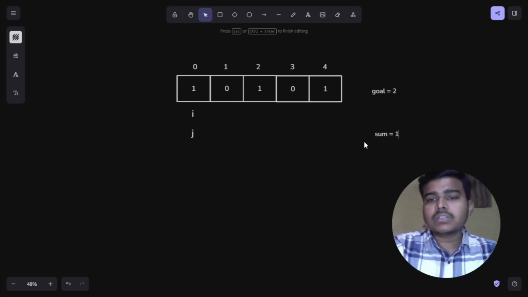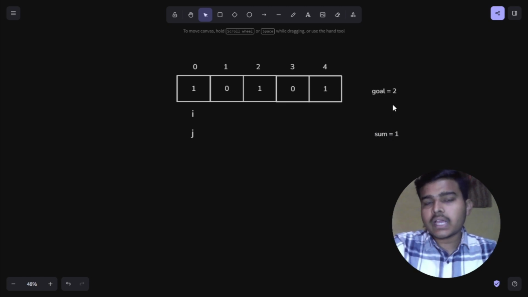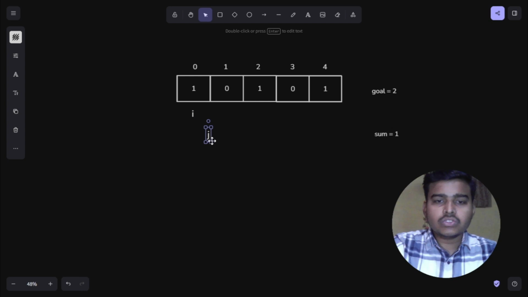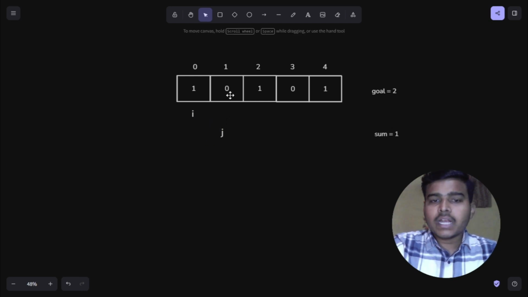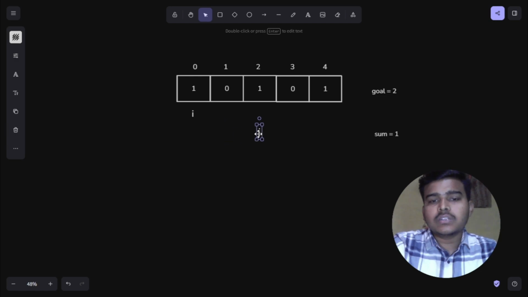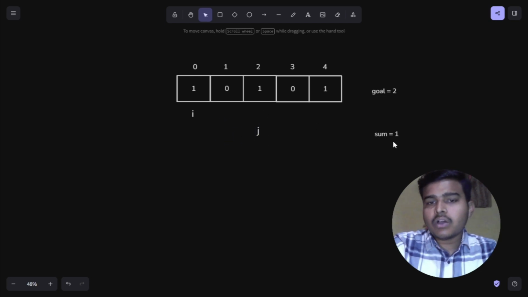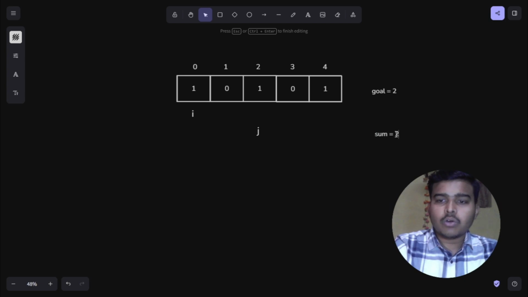Now we will compare with the goal. Is the sum less than the goal, greater than the goal, or equal to the goal? We can see this is less than the goal, so we must add more. Now j moves ahead, and because this is a 0, the sum will not change. Therefore the sum is again 1. We check with the goal again, it is still less than the goal, so we have to add more. Now j moves ahead, it sees a 1, and it will be added inside the sum, which will now become